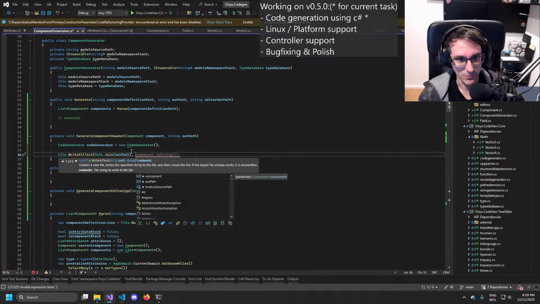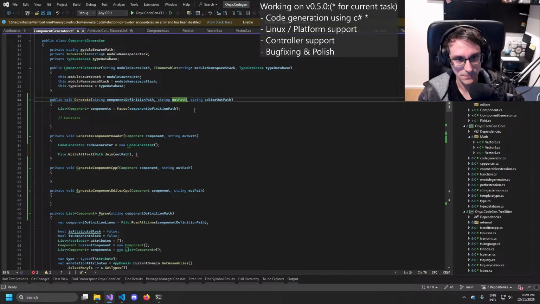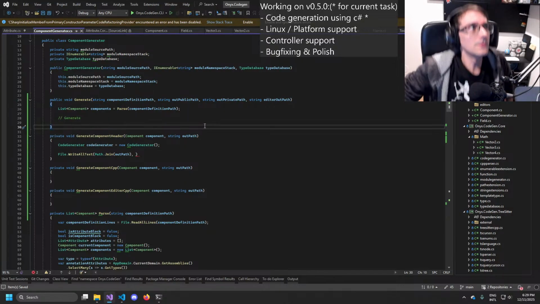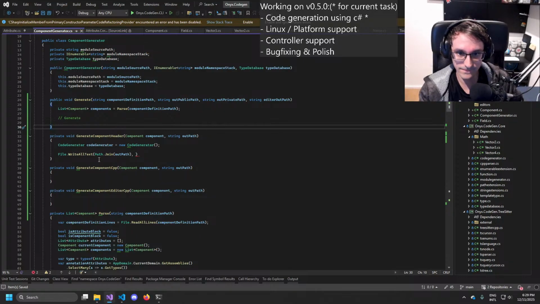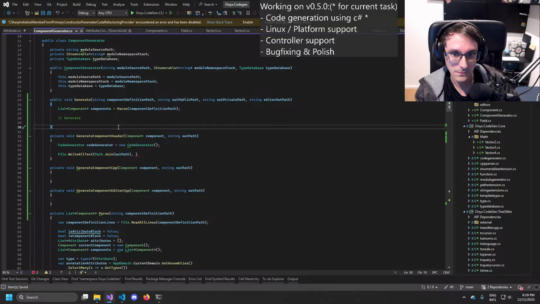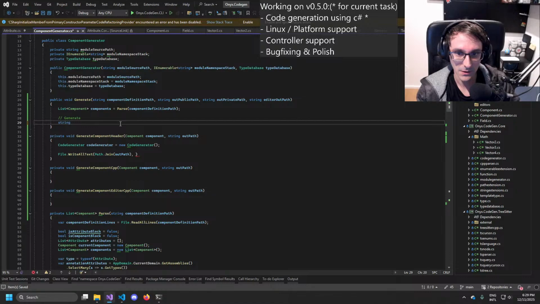Oh, we need a little bit more than that. Out public path again. Yeah. So string out path, out header path